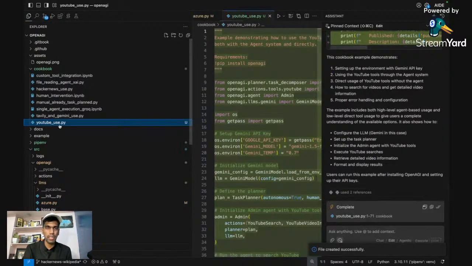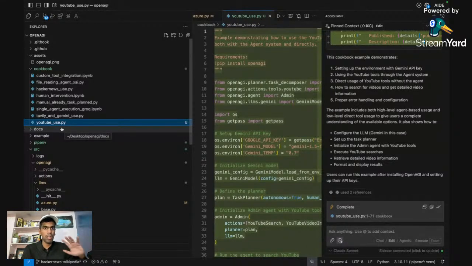So this is one of the use cases that you can build. And as you can see, it was live. I didn't even have to worry about it and everything happened automatically. So this is just one use case that I wanted to discuss on how you can use AI to contribute to open source. That way you will have a very solid foundation when it comes to contributing to open source.